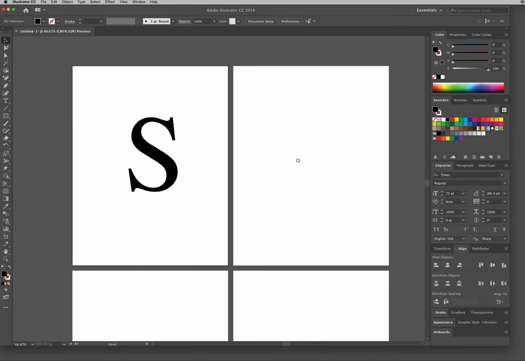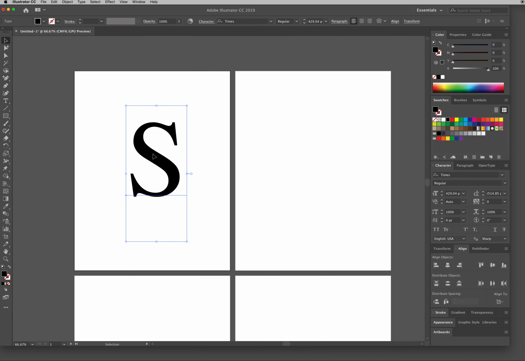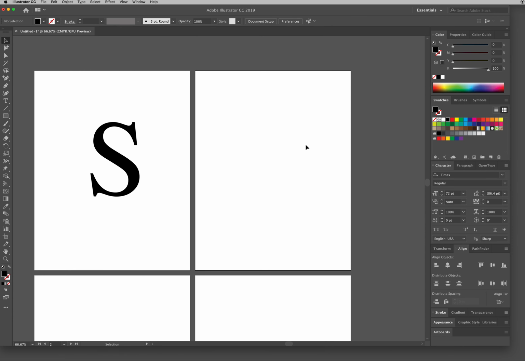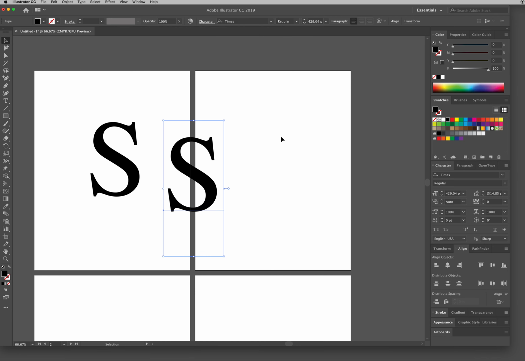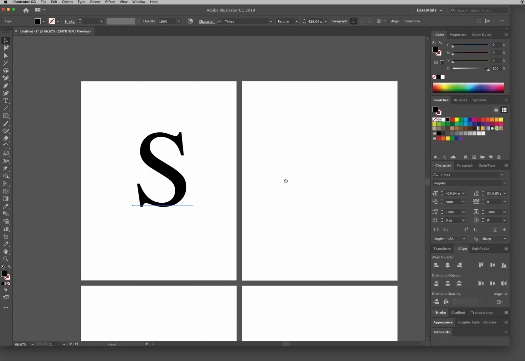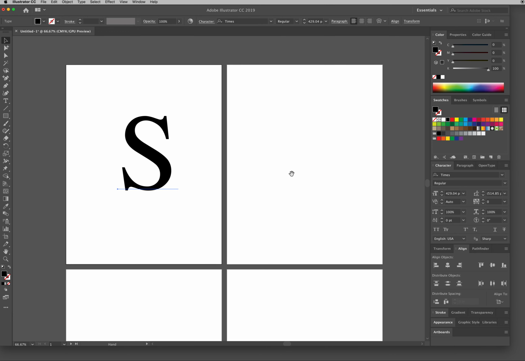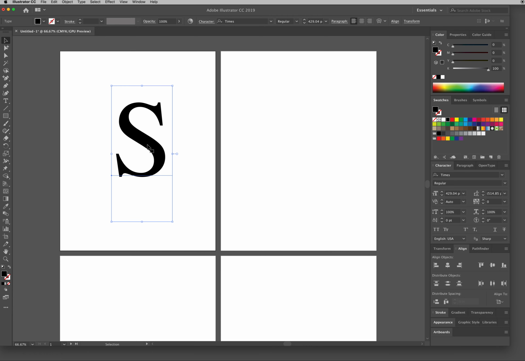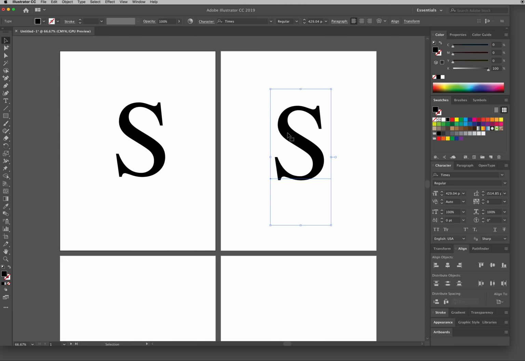Another thing that I can do is click on this page and hit Command C, and then click on this page over here and hit Command paste. Or probably the best method, I think what I'll do is hold down Option. Copy and paste, Command C, Command V is awesome. I could do that. It works just fine.